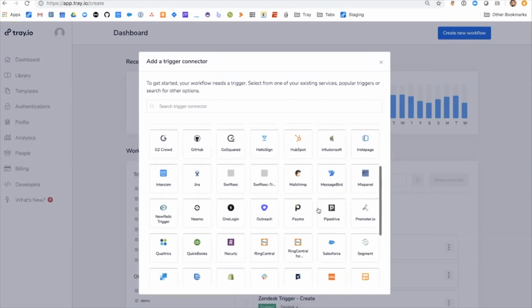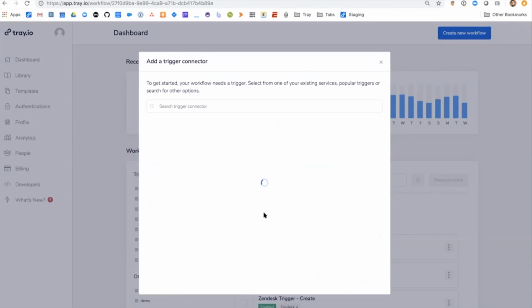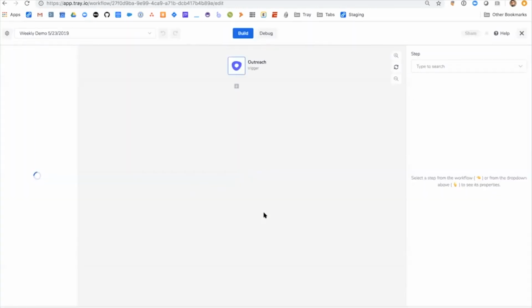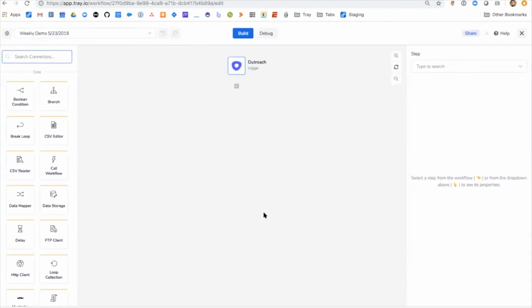So to start, we're going to use the outreach trigger, which is one of those automated triggers that I described. Once you're in the canvas, you'll see there's kind of three main components to the builder. The middle area is where you drag and drop the connectors in, and build the logic there. So think of this as kind of a whiteboard where if you can think of how you want to build